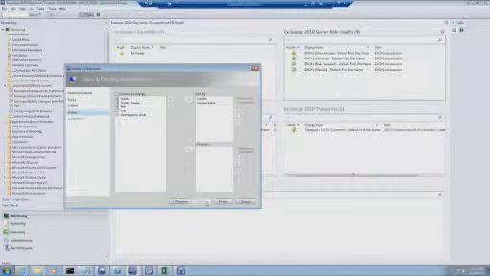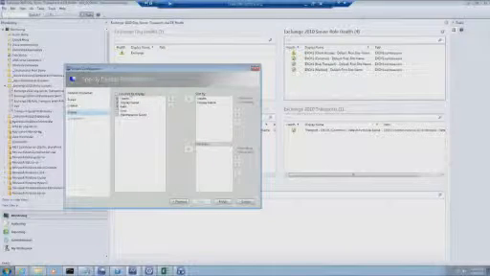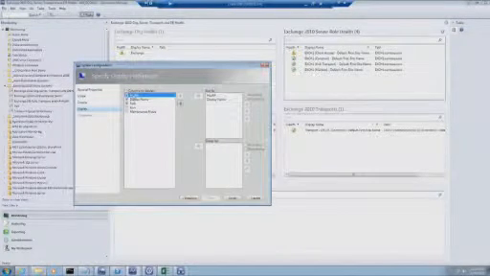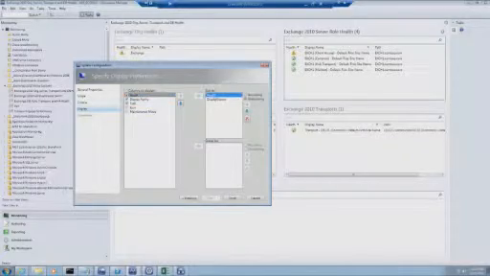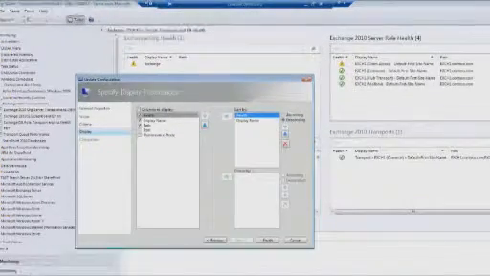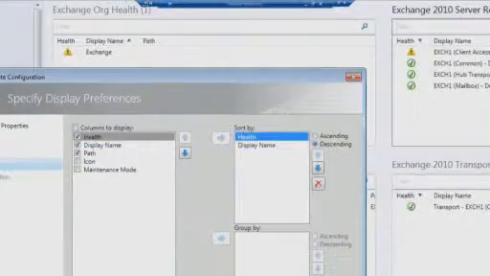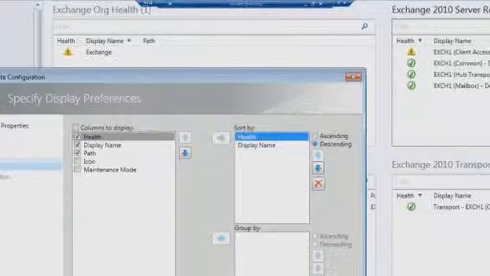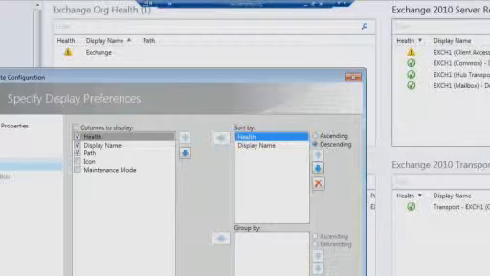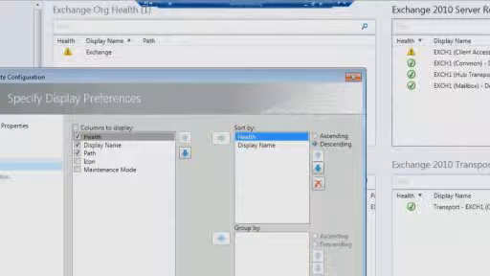When I configure these widgets, there's one thing I always change from the default. I get down here to the display window, and I always make sure that I highlight health, and I move health from the left to the right. And you'll see that I order my sorting. You notice I can prioritize how these are sorted. I always put health in descending order, which always gives me the unhealthy stuff at the top,